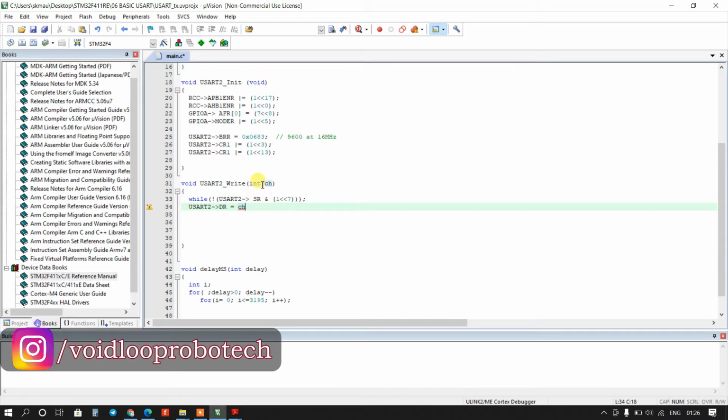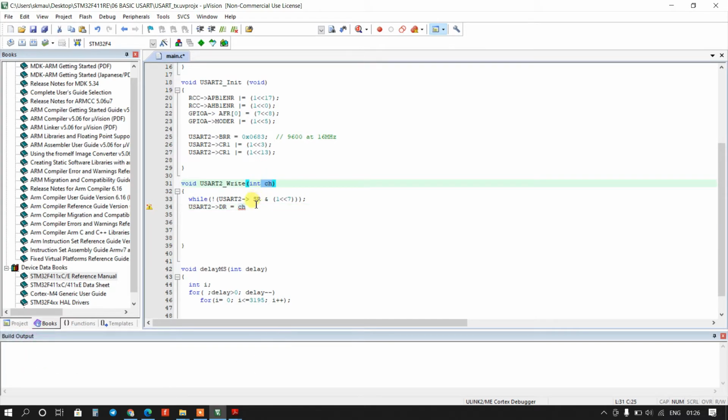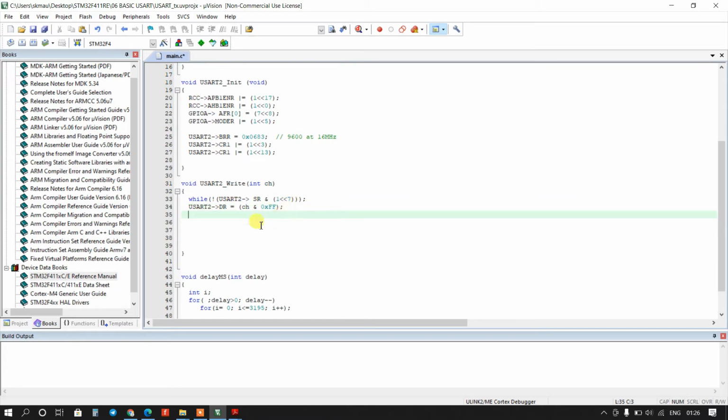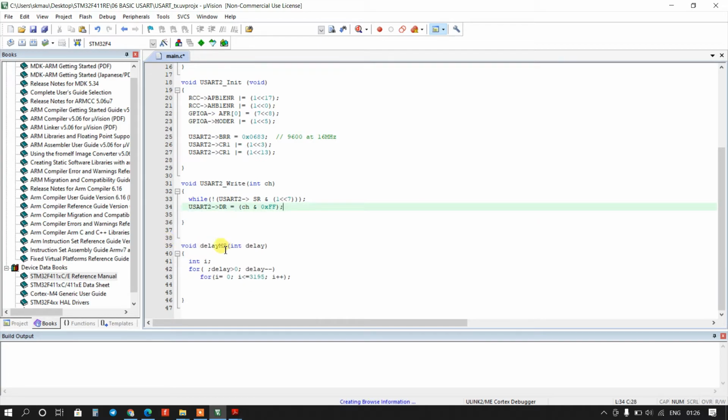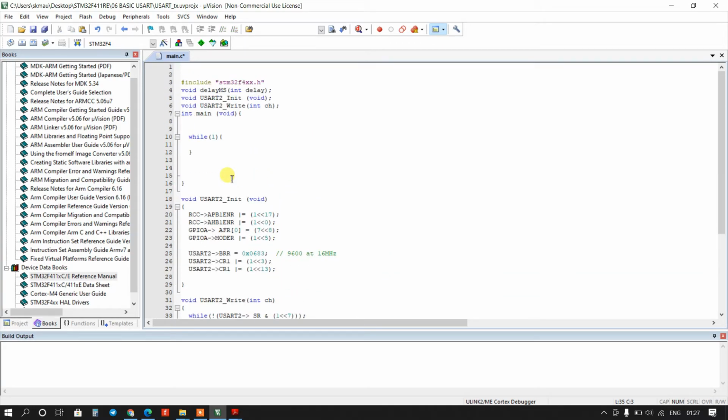You can see we are passing ch data, so it will be written, and we will use the masking value 0xFF. Okay, so now the code is ready. Here this is the delay function and everything is correct.